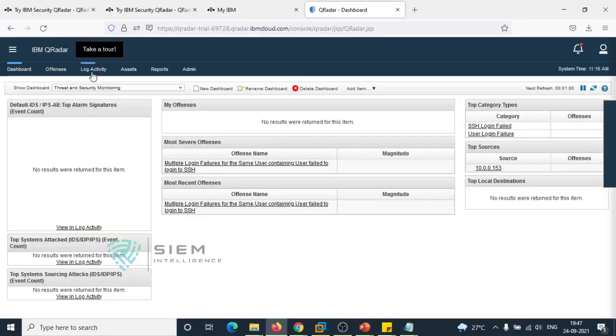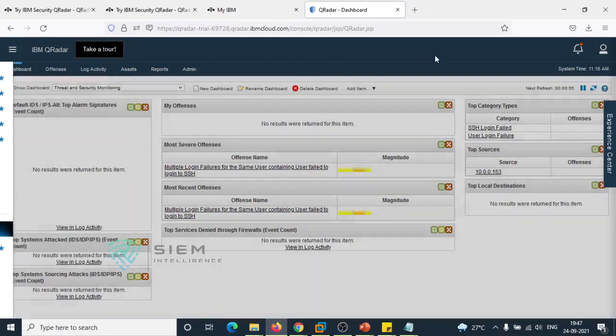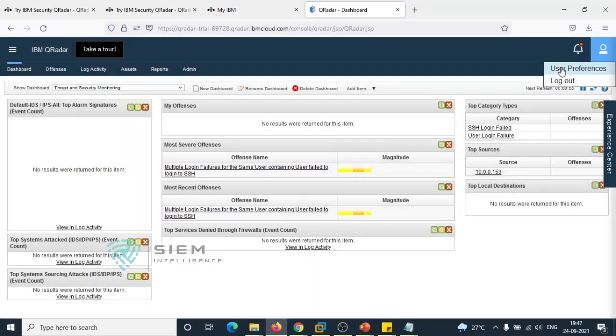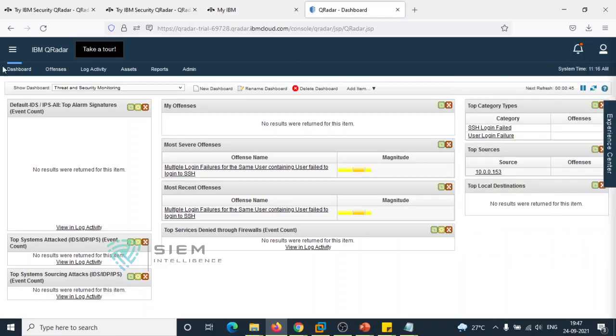See over here, just click over here and check the user preferences. See, this is your email and you are logged into this profile. Okay, and there are some activities. Again, you will not get that network activity. See, there is nothing like network activity.